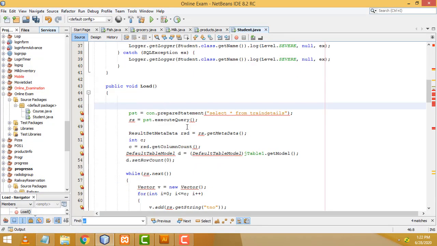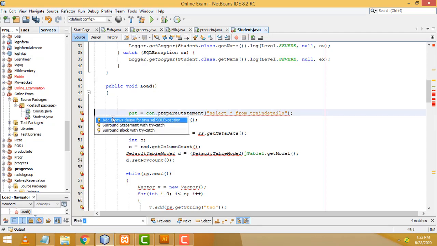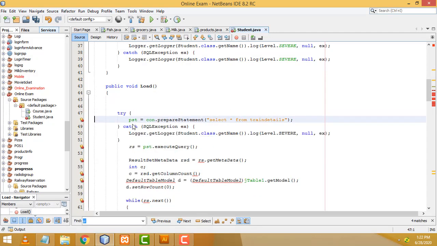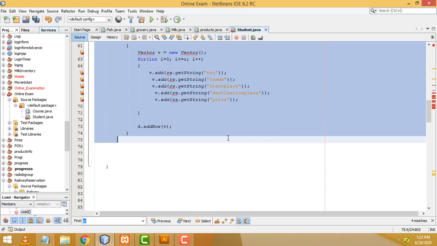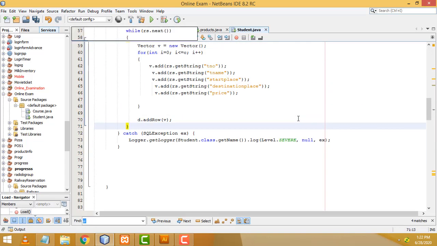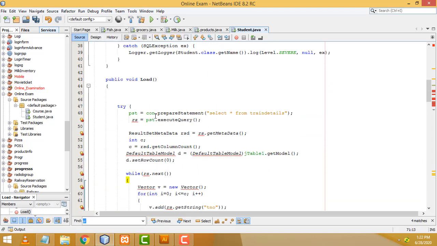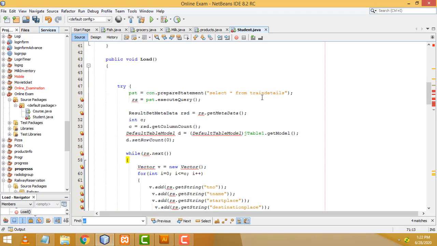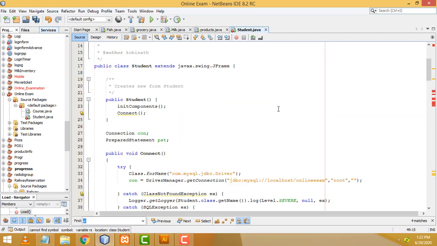We have to try. Control X to cut, Control V to paste it. If I write it step by step, it takes too much time to complete the project, so I have already written this one. We have to create the RS object here.